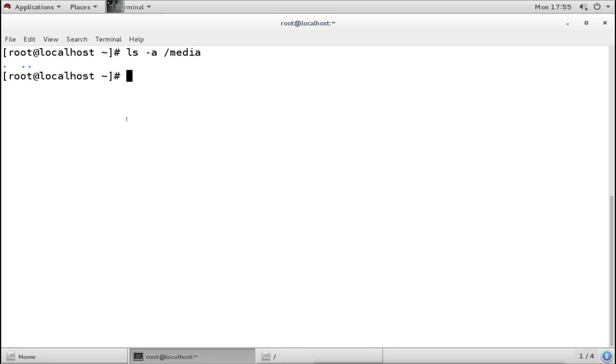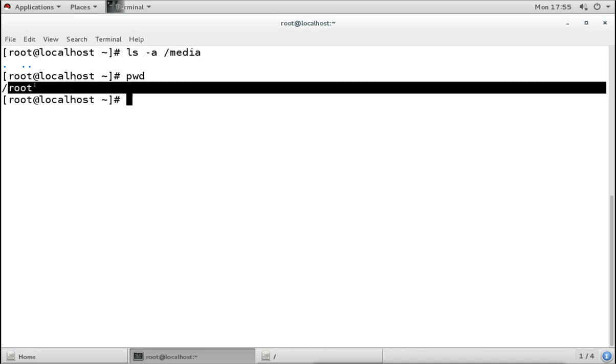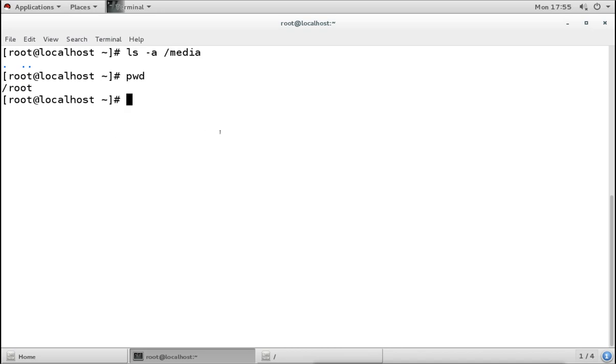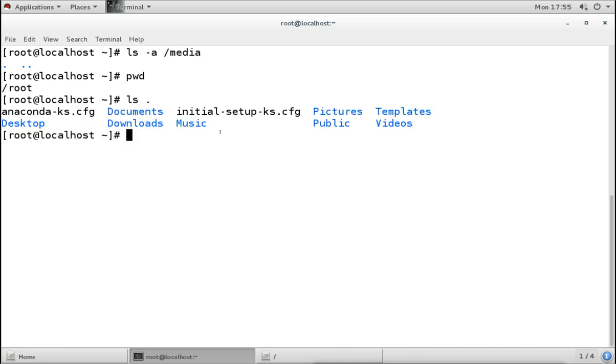Now we can use this dot and double dot with commands also. For example, I will use it with ls. Right now we are under the /root directory. If I want to list that directory, I can say ls dot, and it is listing the present directory.